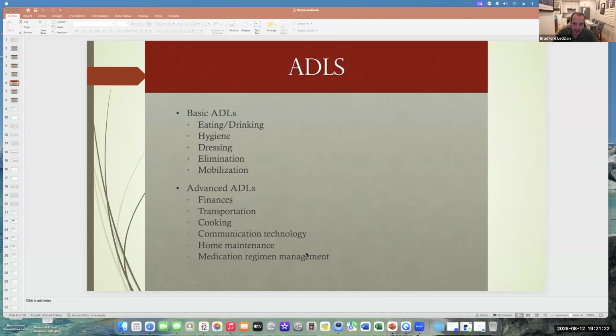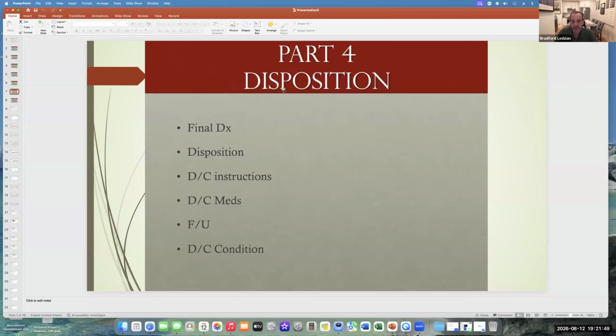And so each day, if you're doing floor work, PCU work, whatever you want to call it, you should be asking yourselves and looking at your patients and know what their basic and advanced ADLs are and know if your patients are meeting these. Because if you get to the day that they want to go home and, oh, now I have to set up these different services for the patient, it's too late. Now they're not going home that day. You need to know about it ahead of time, right? So that you can set up adequately for them.